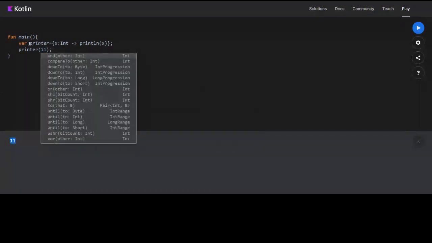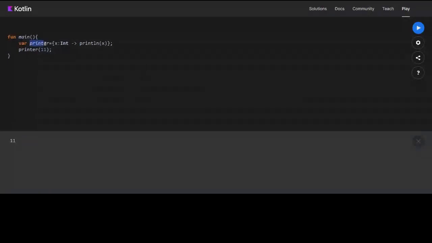What we have done is assigned printer to a lambda function, and whenever we call printer of 11, it is printing 11. It is executing this function. These lambda functions are very useful. Just memorize this syntax. This is the syntax of how lambda functions are defined. We'll talk about them later.